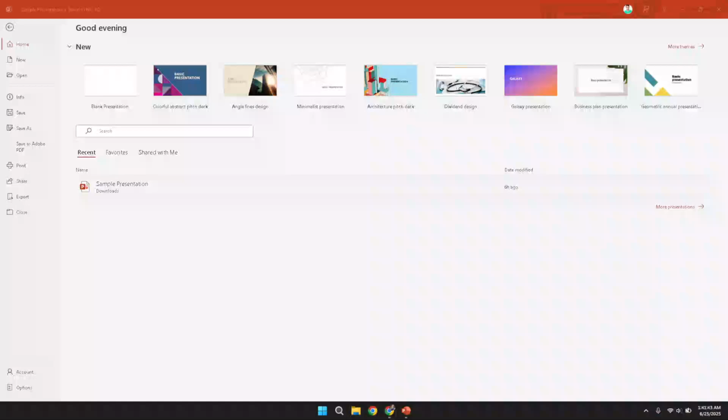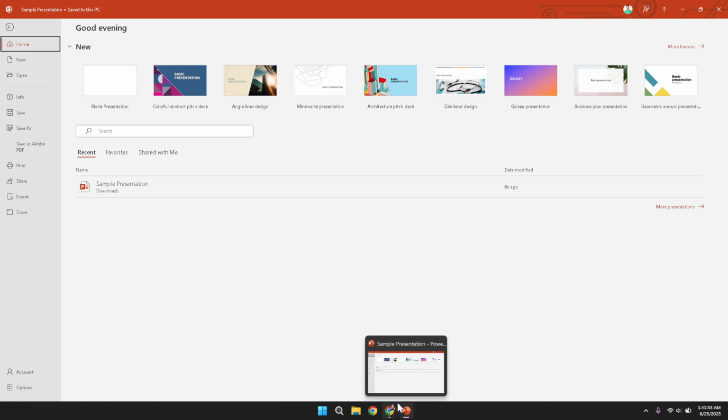Welcome to this step-by-step guide on how to add a logo to every slide in your PowerPoint presentation. Start by launching your PowerPoint application on your computer. Once the program is open, locate and open the presentation to which you wish to add your logo. This process works best when you have your presentation ready, as you will be making changes that affect the entire